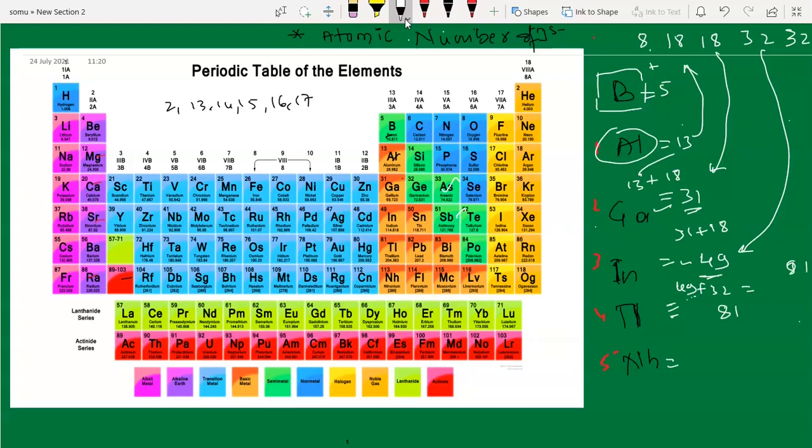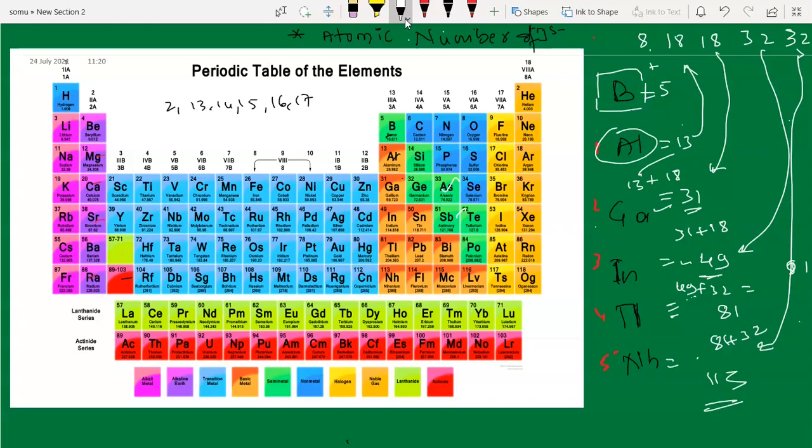Okay, and to get this, you just add this 32 to this 81. 81 plus 32, how much is it? 113. You are going to get 113. I hope you understood this. Like this you do it for everything. Okay, so this is how you are going to do it, and the code for this we already told you.